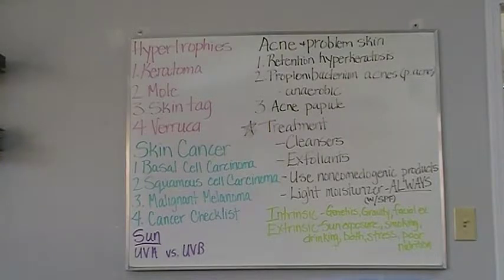Malignant melanoma is the least common but the most dangerous form of skin cancer. They have black or dark brown patches on the skin that may appear uneven in texture, jagged or raised. It is 100% fatal if left untreated. Early detection and treatment can result in a 94% 5-year survival rate, but that drops drastically once it reaches the